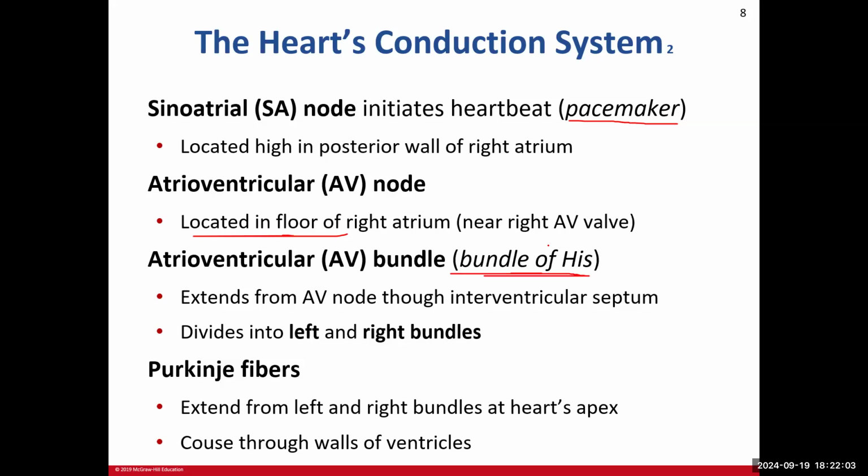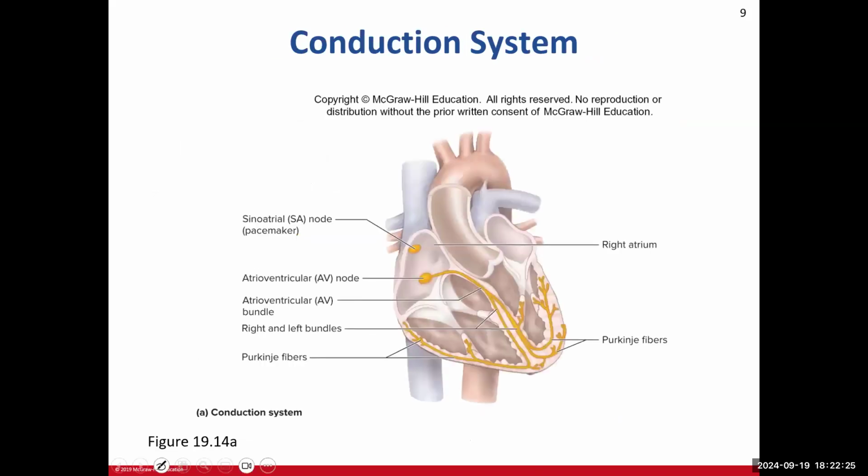And so that's what happens. It branches out, goes down through the interventricular septum. You get left and right bundles as they head out, and then they'll head down to the apex of the heart, and then that's when we refer to those nerve fibers as Purkinje fibers, and they travel throughout the walls of the ventricles there. I'm going to come back to this slide. I'll show you. So here you can see,